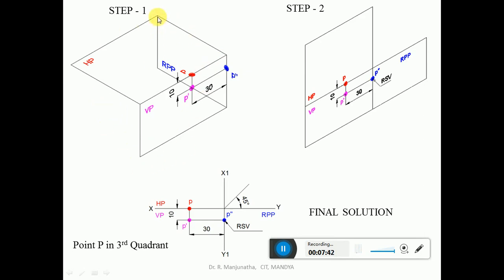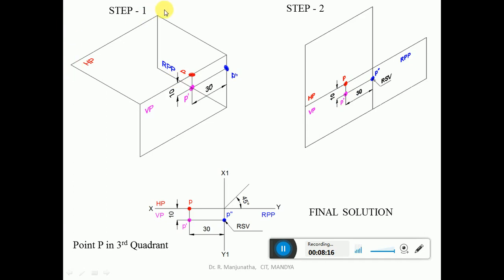So when we cut it here and open such that HP is rotated to the top and the right profile plane is rotated to the right side, the corresponding images will also get rotated, which is as shown. So we can see here the distance with respect to the profile plane is seen in VP here and also on HP. So obviously on VP it will be here and on HP it will be here. Now the distance below HP, which is 10 mm here in the vertical plane, so from here you measure 10 mm down and you mark that point, which is P dash.